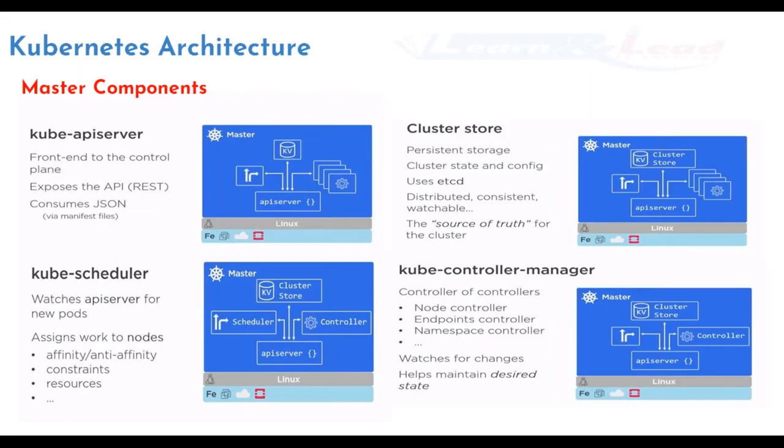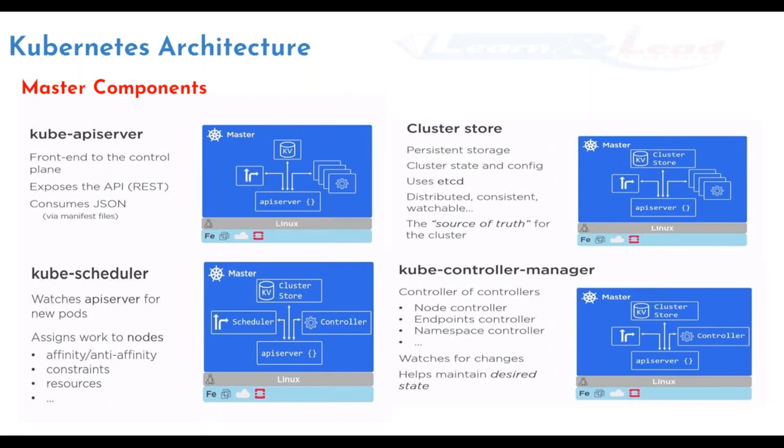Etcd is the solution here. It's a key value pair database, which holds the entire cluster state at all times. In fact, if you want to back up your cluster, we just need to back up the cluster store and then we are done. All the other components do not persist any data, so you don't need to back them up. That is the purpose of your cluster store.